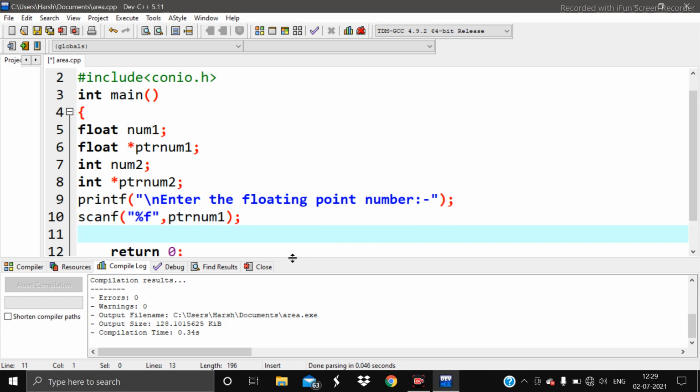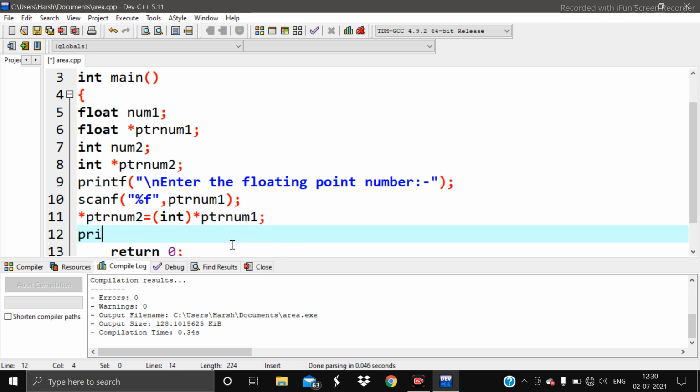So now we have to convert this floating number into an integer, that is int data type. So here we will use typecasting. Okay, so in typecasting we'll first write the integer pointer variable, because we have to convert it into integer, and now we'll use typecasting, right? We have to convert it into int. So we'll write data type int in brackets, and then write the floating point pointer variable. So the floating point pointer variable is ptr_num1,